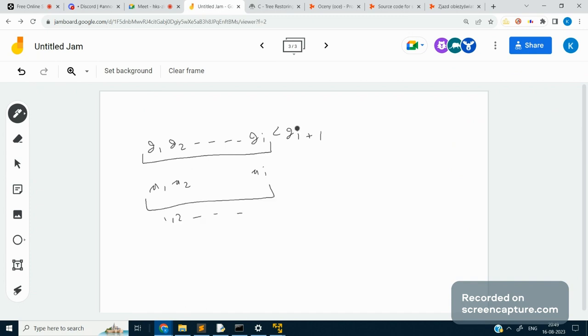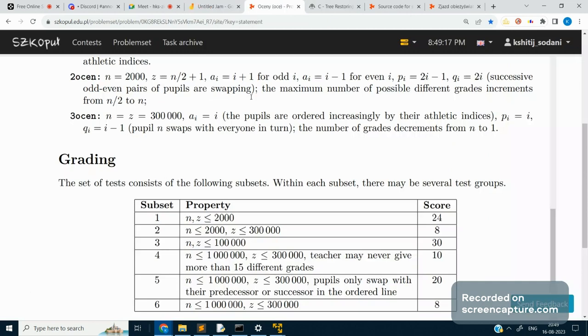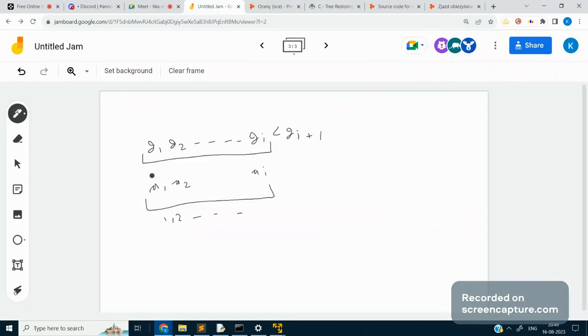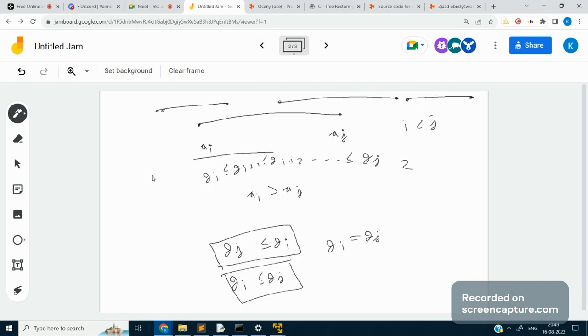One thing I have to mention is that in the problem it is given that every student has distinct athletic grades, so it's a permutation. A is a permutation. So now let's say the first I elements are a permutation of the first I numbers. Now in this case we can give a higher grade to the I plus 1 student than the ith student. This is because this would not violate any condition of this form, since